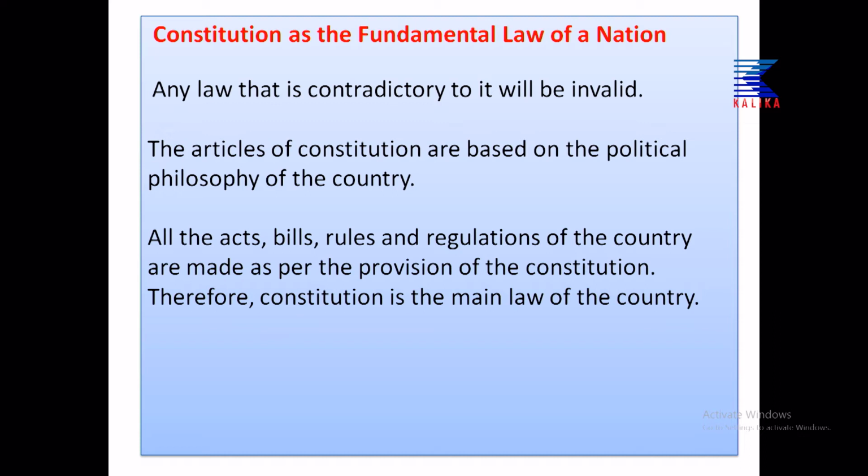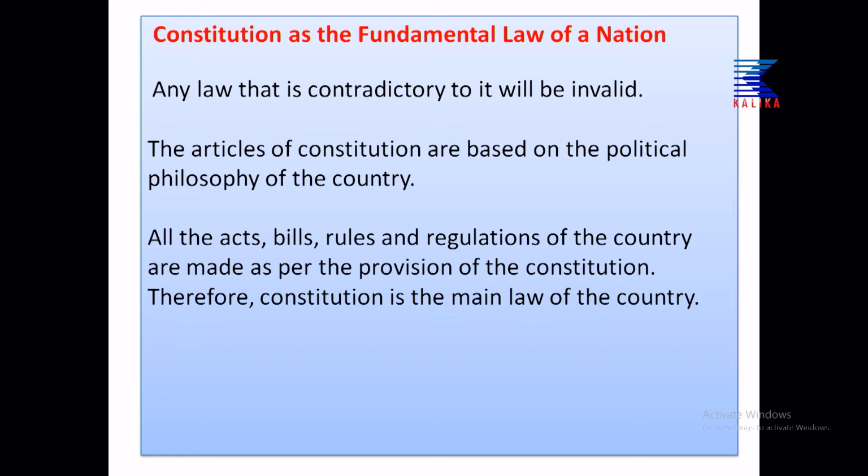Similarly, the constitution is also the fundamental law of the nation because the articles of the constitution are based on the political philosophy of the country, as well as all the acts. A bill is a proposed new law, I think you know very well. Similarly, rules and regulations of the country are made as per the provisions of the constitution. So, because of this reason we can say the constitution is the main